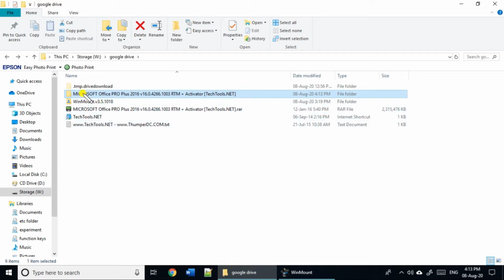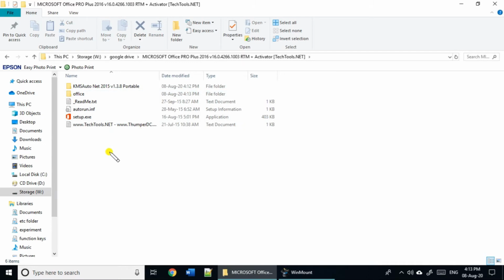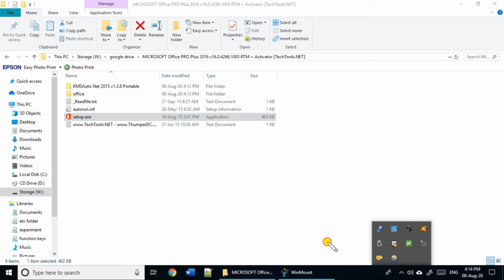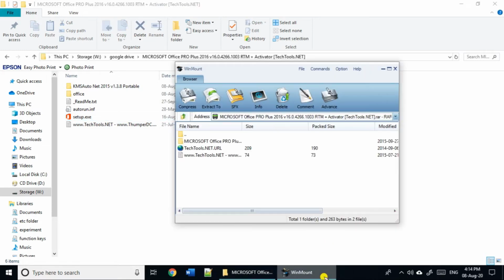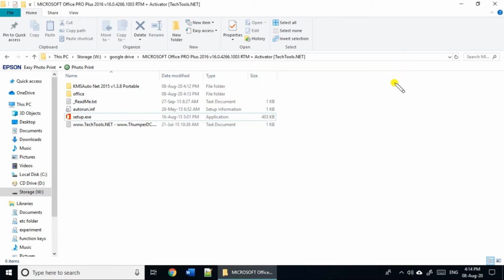Now we need to open this extracted folder, Microsoft Office Pro Plus. Double click on this and click on setup.exe. Okay, and then yes. Okay, so where is that? Got it.